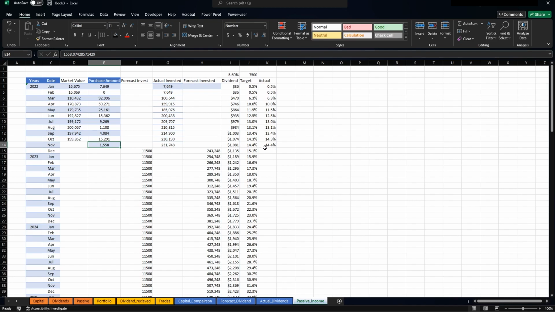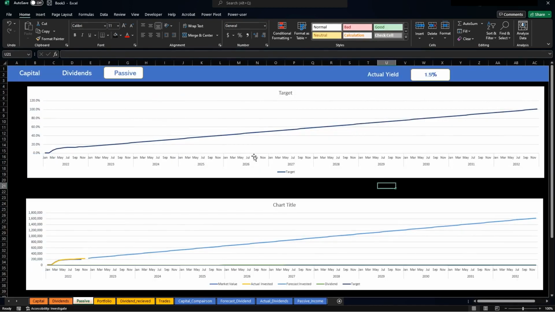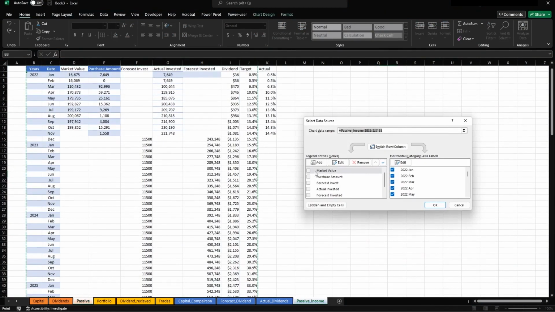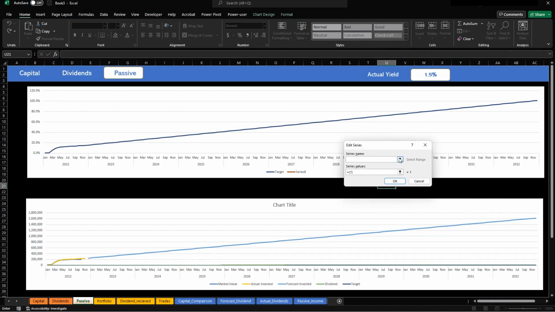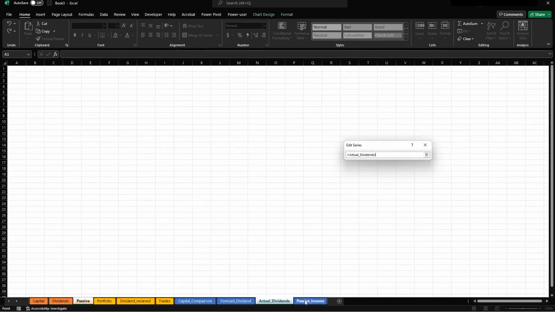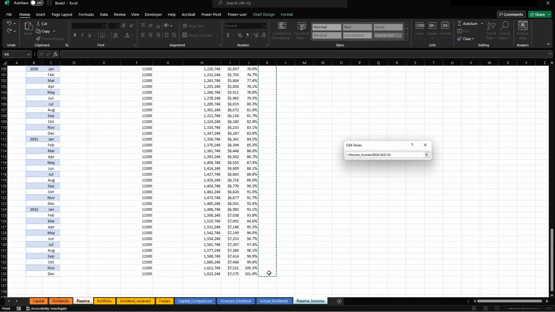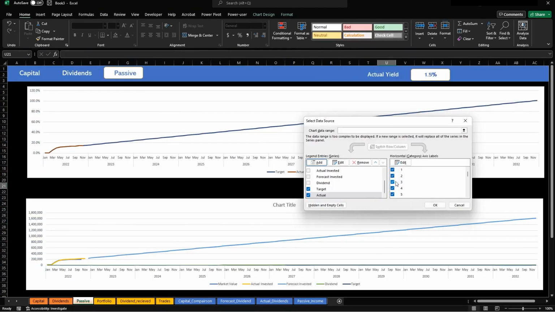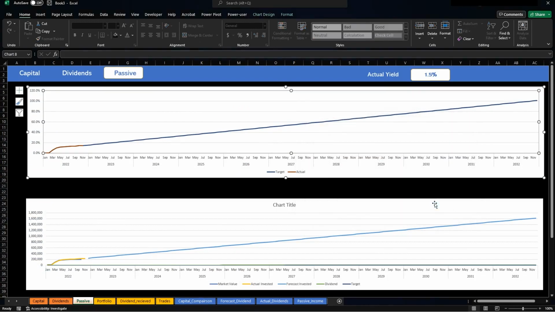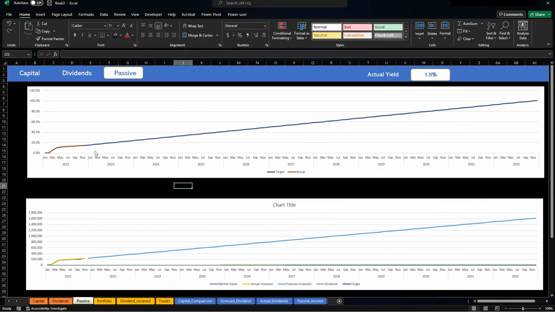So I'll obviously put in my actual amount there when I actually do get it. Let me go back to my table here. I'm just going to add in a new series name, which will be actual, and then I will grab the series values from here, all the way down to the bottom. And now you'll see my actual line, the orange line,